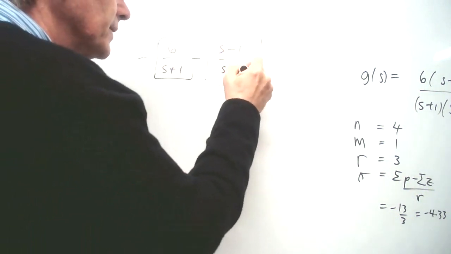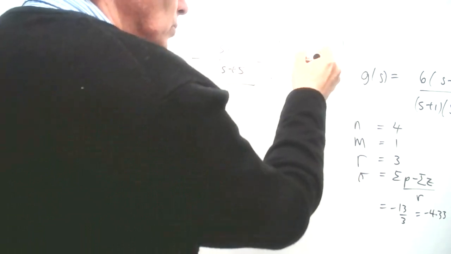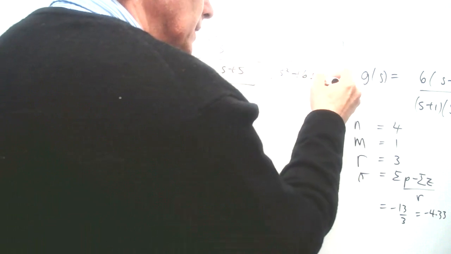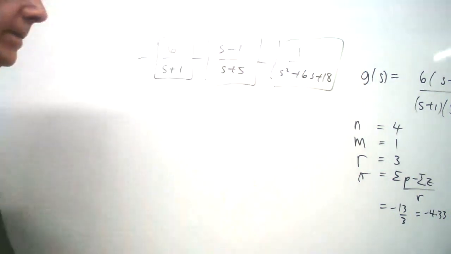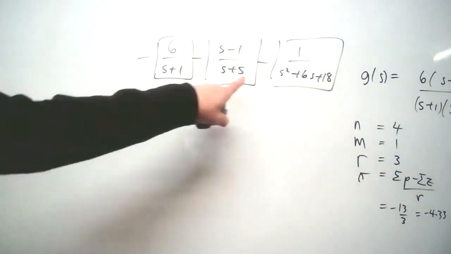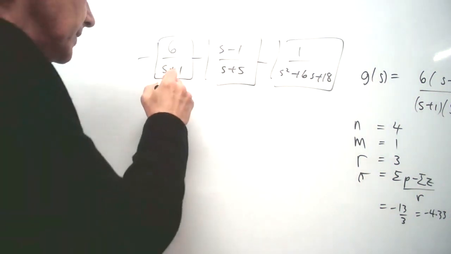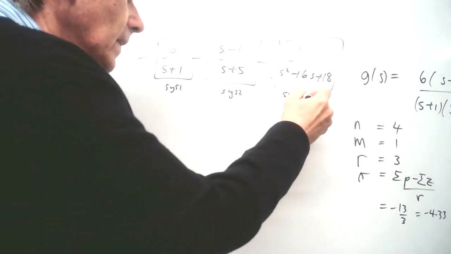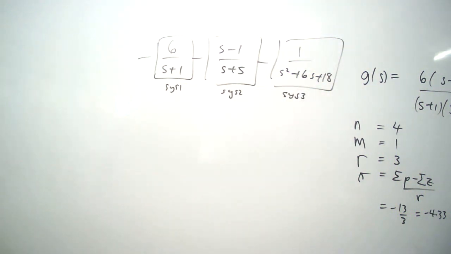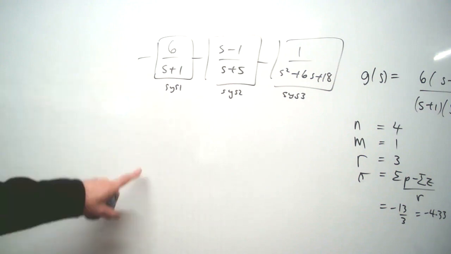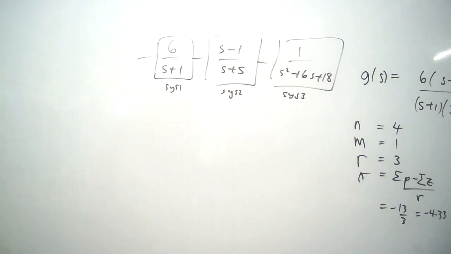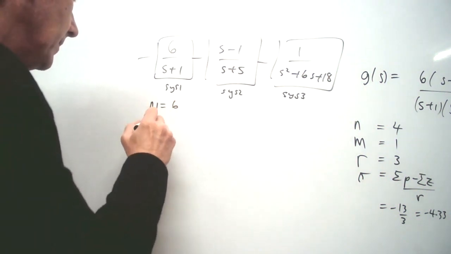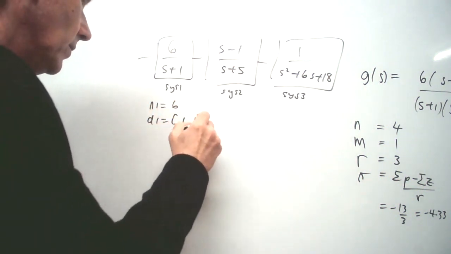S minus 1 over s plus 5, and let's say 1 over s squared plus 6s plus 18. So that was the transfer function we had. Again, we did the same sort of thing. Call this one sys1, sys2, sys3, and we could then input this into our MATLAB and get it to do the root loci for us. So we put, say, n1 is 6, d1 is 1, 1,